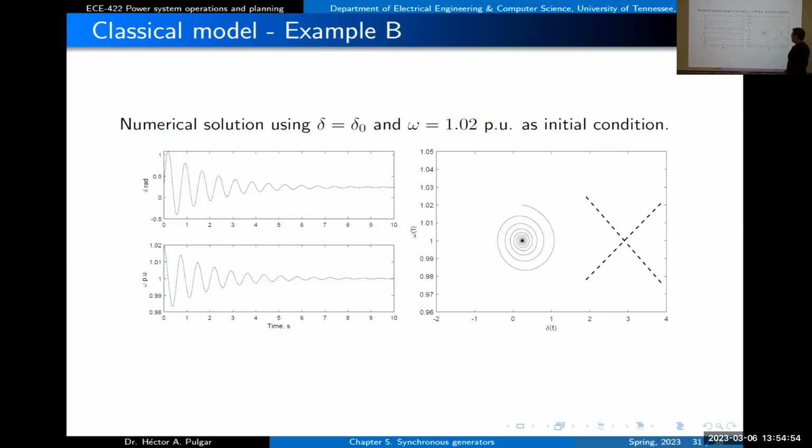We also got this plot, which is in the phase plane. You have the angle and the speed of the machine, and we started from this point, and you can see that the system converges to the equilibrium point, which is a stable focus. At the same time here, and we didn't do this,